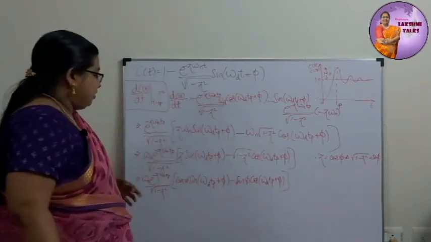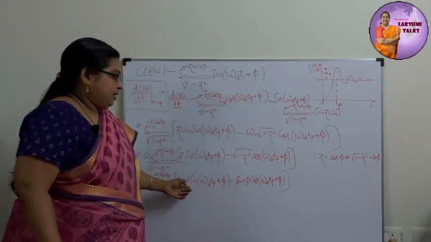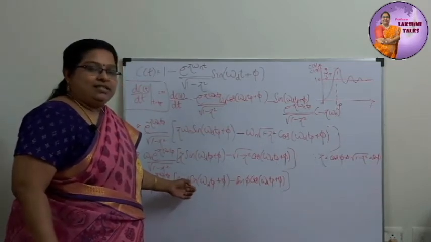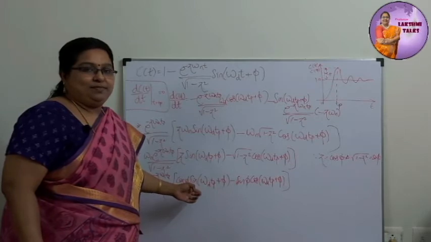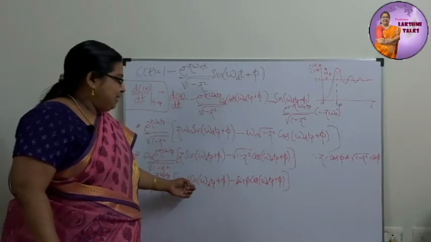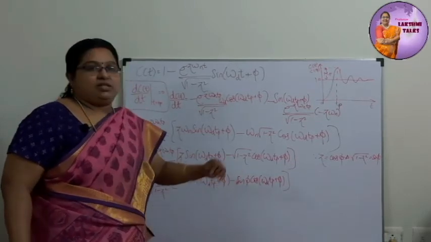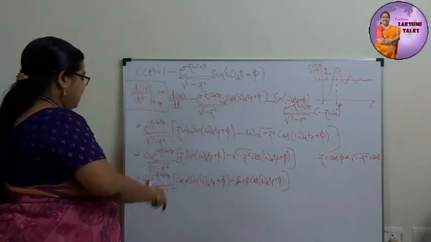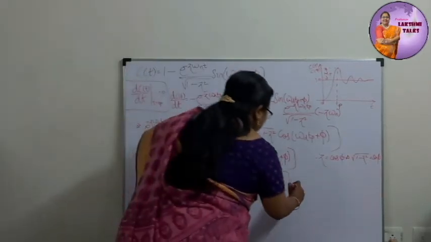Okay, so this is of the form sin of A minus B, right? Sin of A minus B is sin A cos B minus cos A sin B, right? So this can be rewritten as